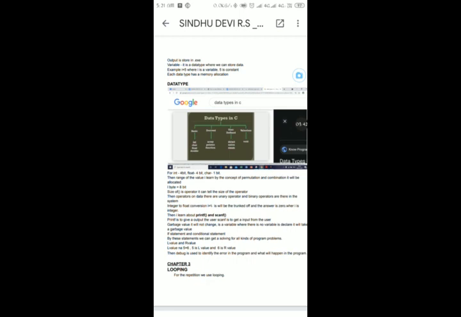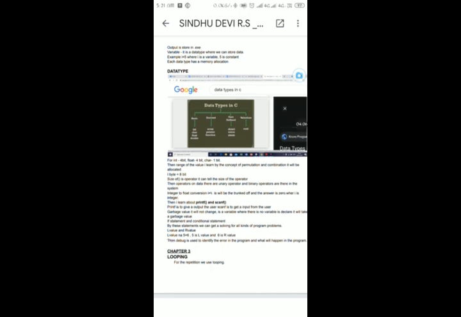Each data type has a memory allocation. For example, integer has 4 bytes of memory allocation and float has 4 bytes of memory allocation. For char, it allocates 1 byte of memory. Sizeof is an operator which can tell the size of the operand.